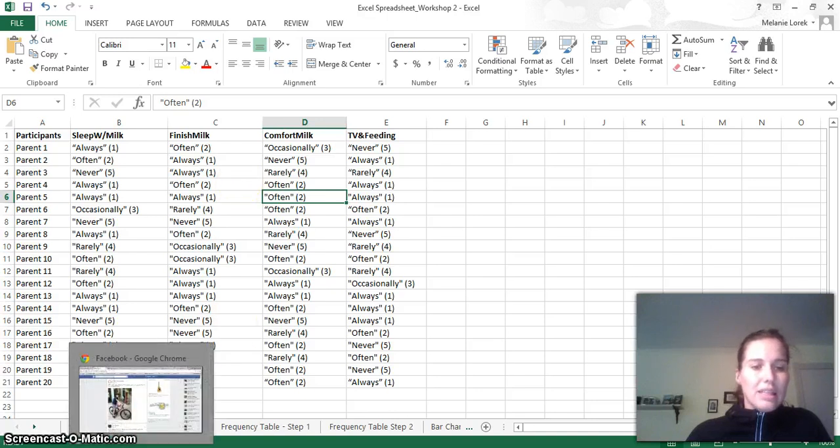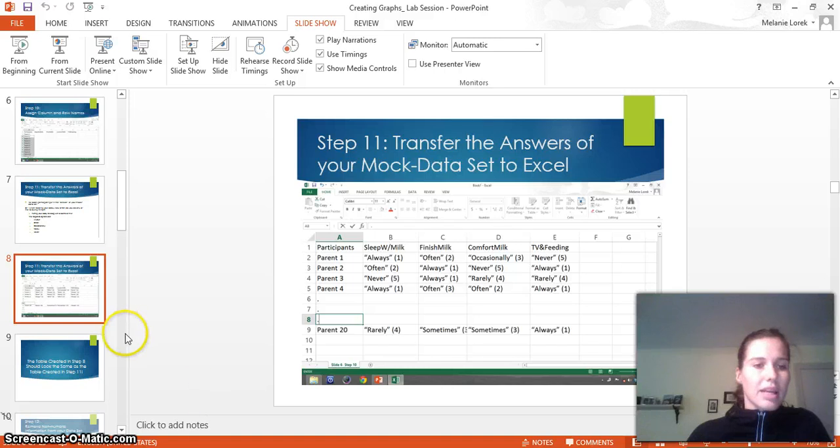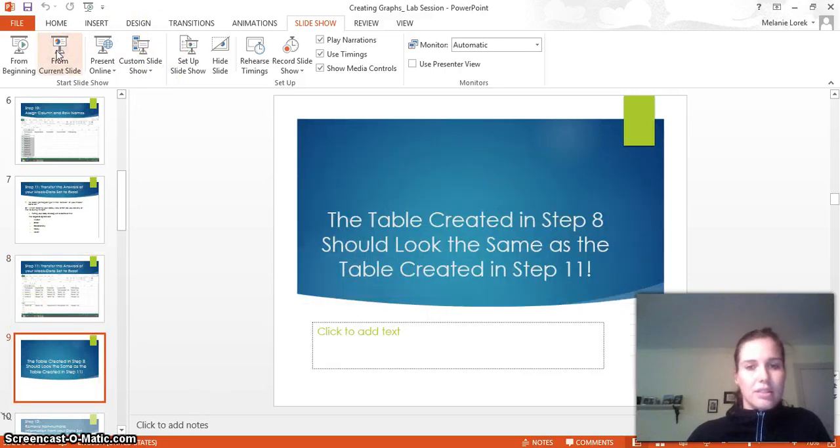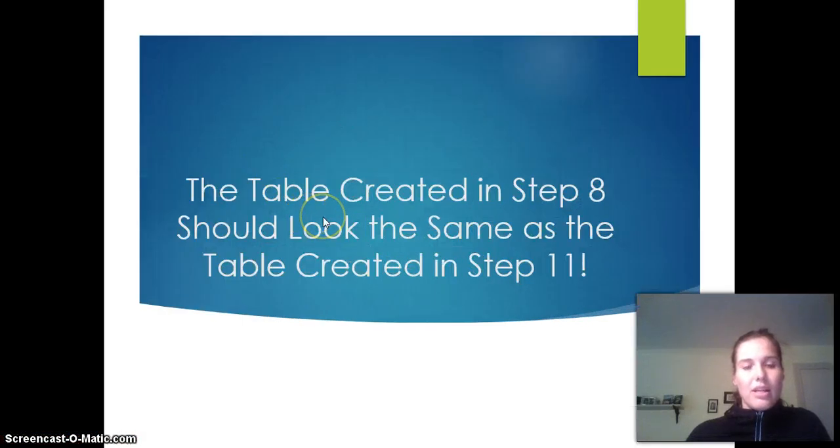So once you've done this, next thing you do is you make sure that the table you created in step 8, the last step of our previous workshop, looks just like the table you created in Excel now. Just look at both of them, make sure they look the same. So the next step is